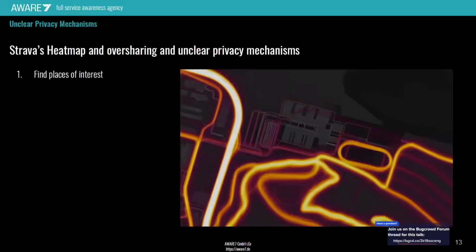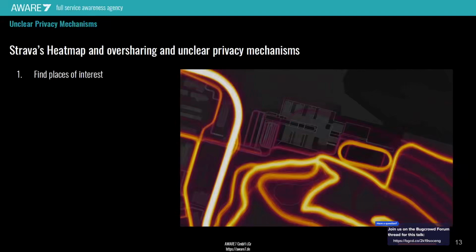Then we have unclear privacy mechanisms, and another platform that is pretty great for unclear privacy mechanisms is Facebook. But because everyone does Facebook, I used Strava once or twice, because Strava was popular in the beginning of 2018, as the hidden places of secret services all around the world were suddenly popping up in this media. And we found a methodology to find people who work at these places, or several methodologies.